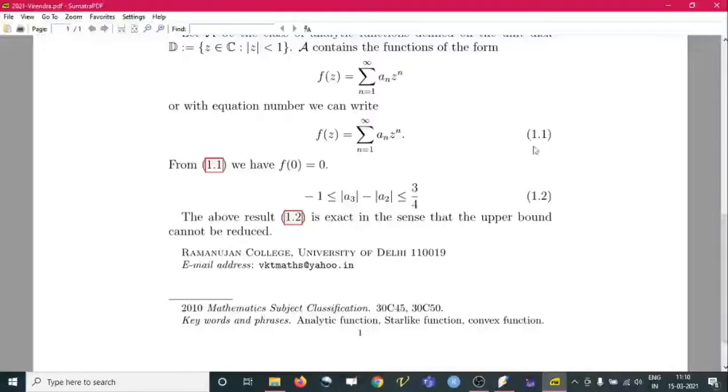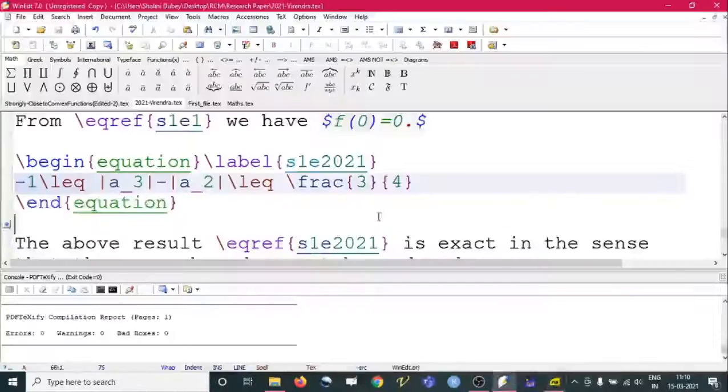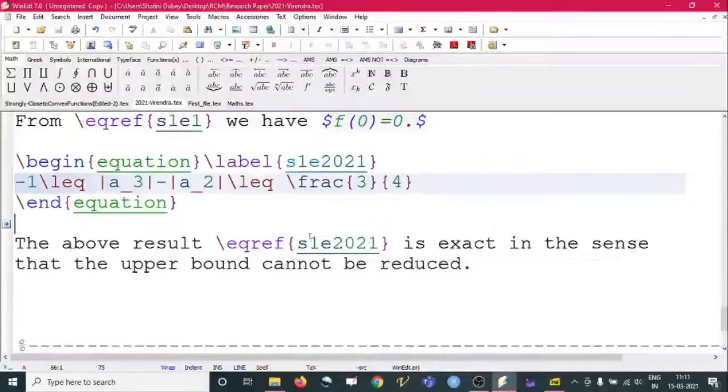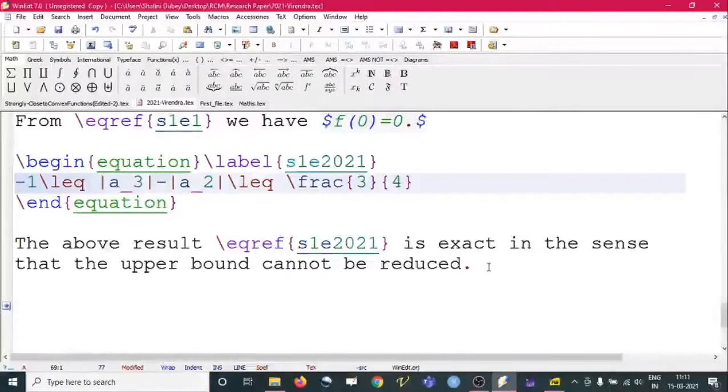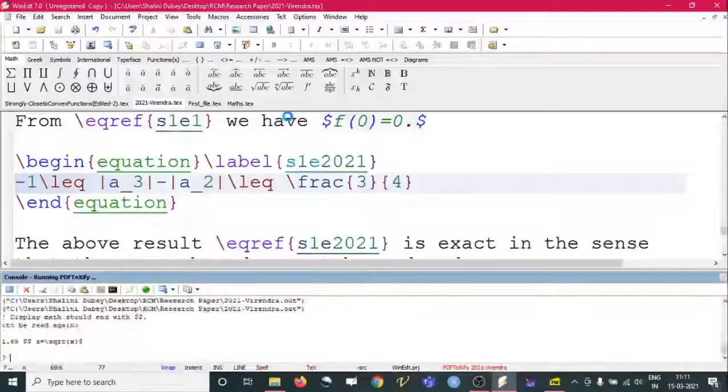So here we have two equations, equation number 1 and equation number 2, and we very much have a link for these two. Okay, so this is how we can continue to write expressions and equation numbers. If you are writing the square root of something, we can write backslash sqrt of, suppose, x. Suppose I am writing a equals to something, square root of x. Fine, so this will produce the square root of x. Oh, something is there